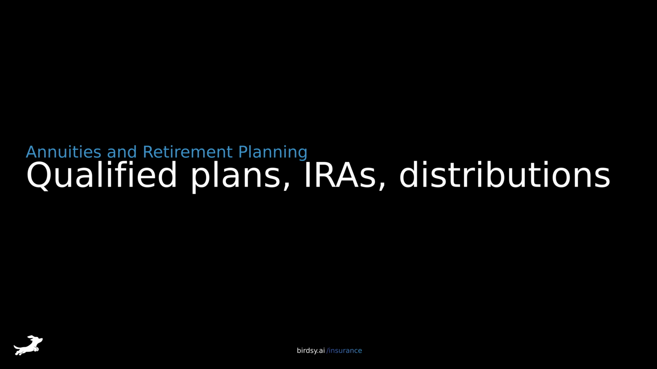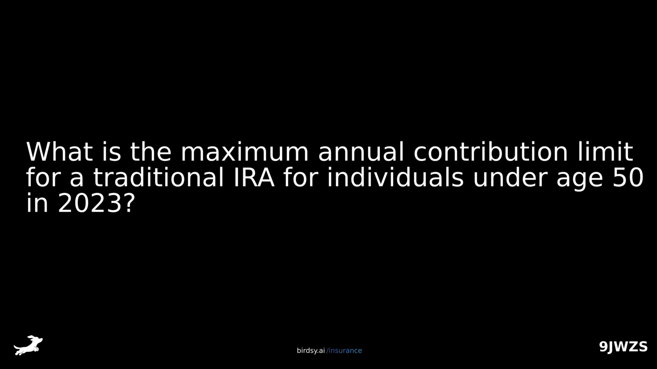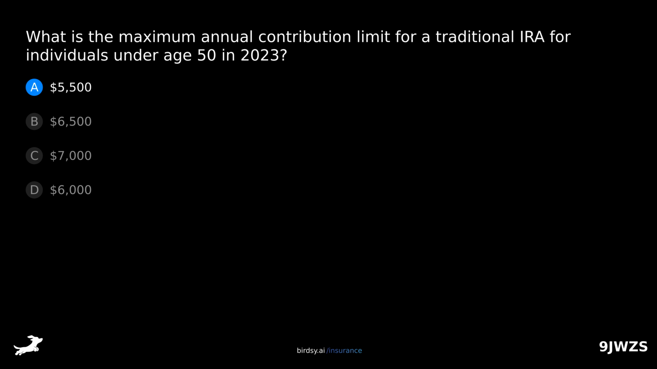Qualified plans, IRAs, distributions. What is the maximum annual contribution limit for a traditional IRA for individuals under age 50 in 2023? Is it A, $5,500, B, $6,500, C, $7,000, or D, $6,000? The answer is B,